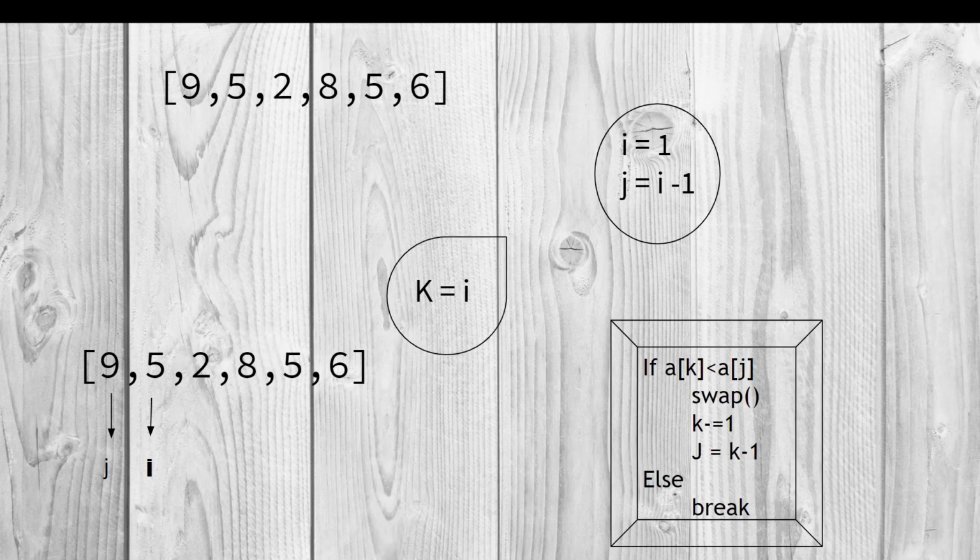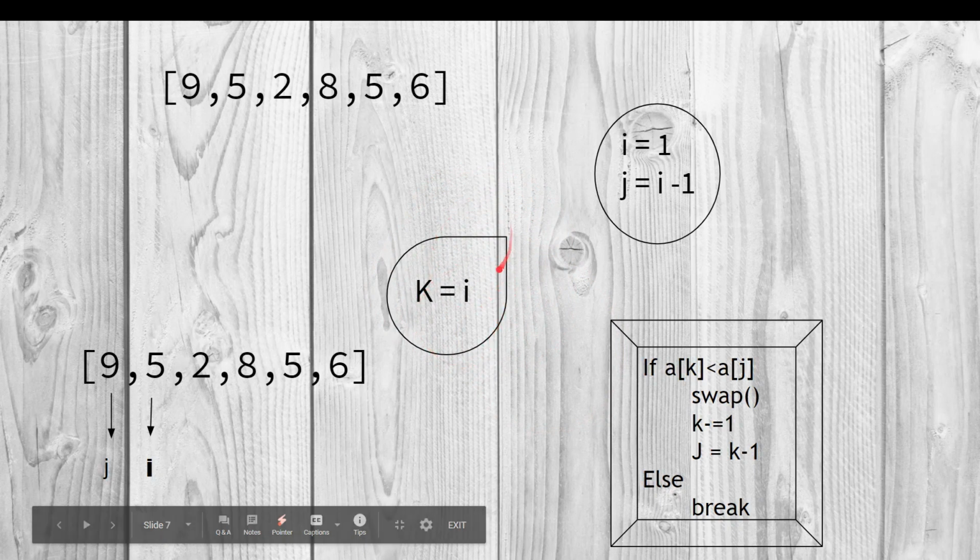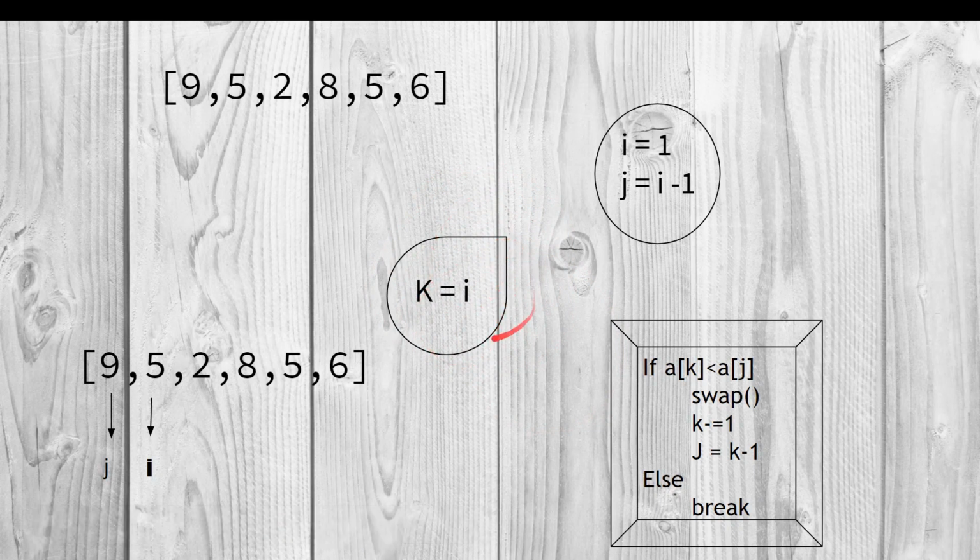But as I've told you guys, unlike bubble sort, insertion sort focuses on sorting an element until it gets finished. We'll not just stop after comparing i with j. Now we'll start comparing i with all the previous elements. So instead of i, now we'll use another variable k, which will initially point to i, or we can also point it to i minus 1. And j will point to k minus 1.